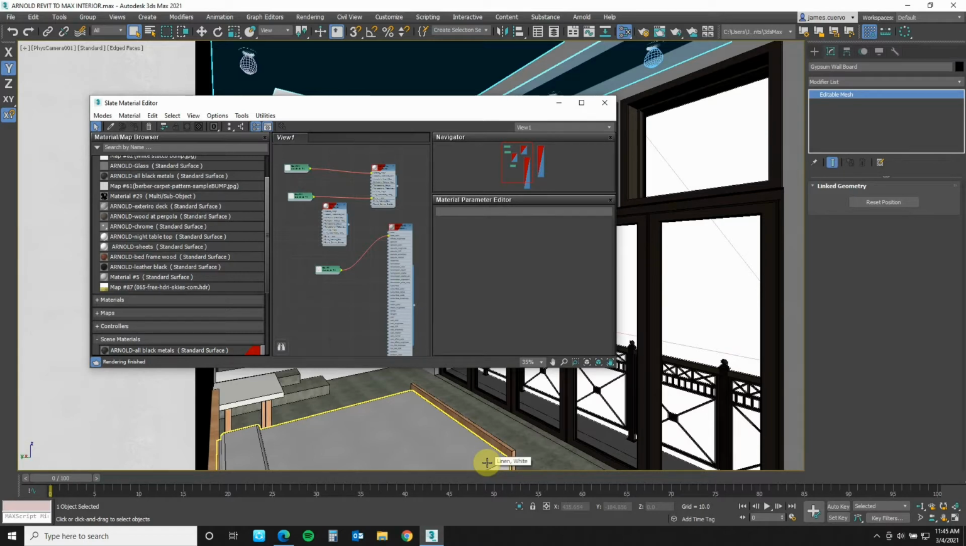For the sake of time, I have already created and assigned most of the materials and left some to create so you can all see the process. Shall we all get started? Let's